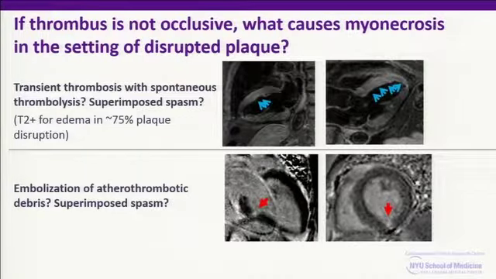But we also saw, in the panel on the bottom, a pattern where you see a small, well-defined infarction that almost looks like it was caused by an embolism, as if there were one branch that were occluded. And this is also in somebody with a plaque rupture. And we think that this is from embolization of atherothrombotic debris, although it's still possible that there was also superimposed